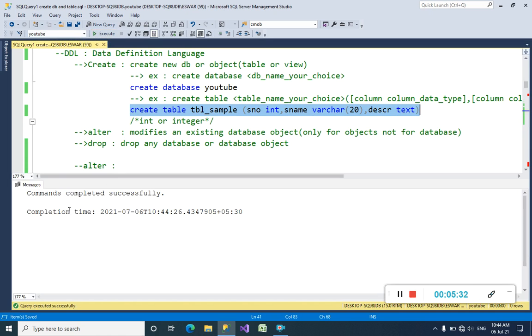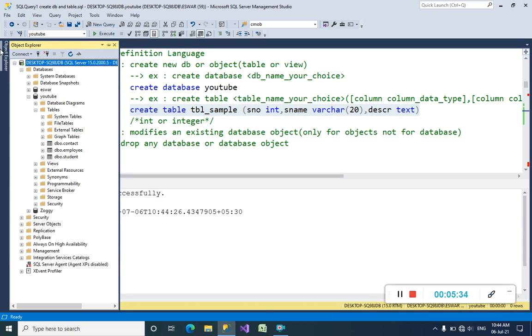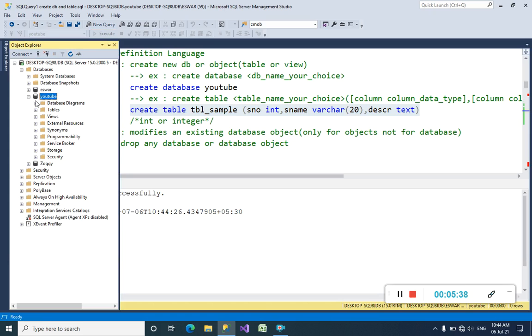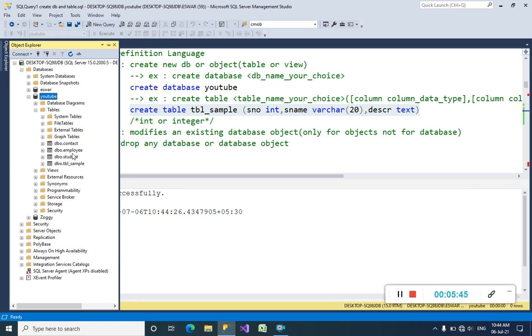I have executed it. Commands completed successfully, which means it has been created under the YouTube database. We had three tables before, but we have four tables right now. Just see, guys, we have four tables right now. The sample table which we have created right now is also added to our YouTube database.